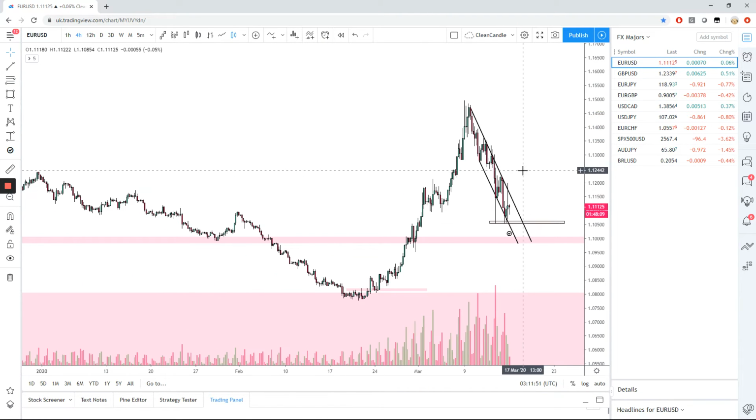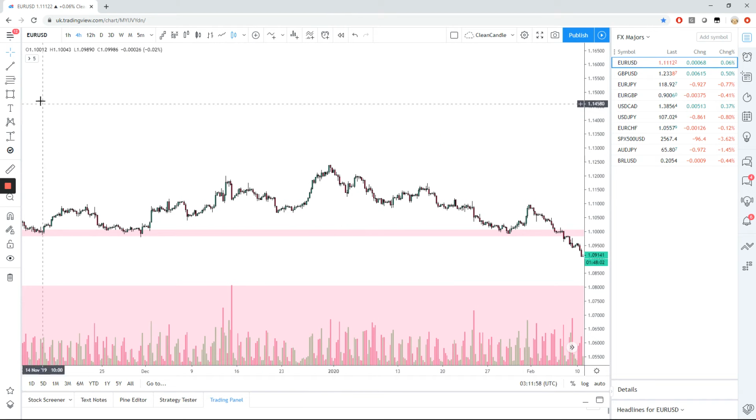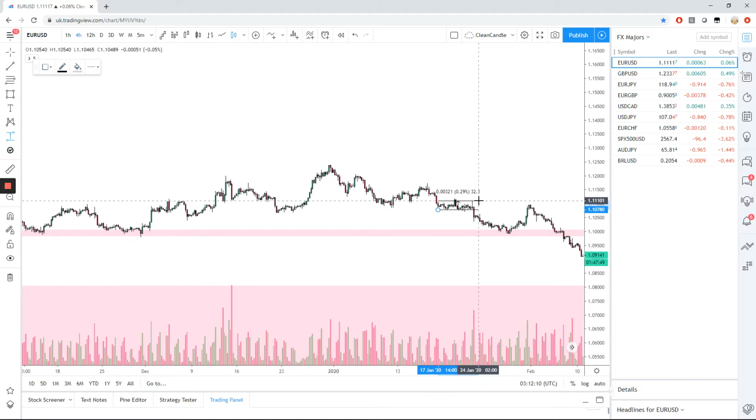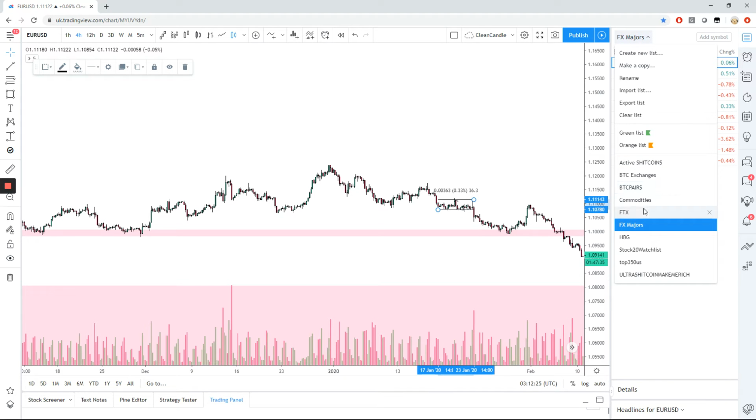What you have to keep in mind with majors is that typically, given that the last 2 weeks are an exception because of what's been happening, the volatility is relatively low. So if we take a look at, for example, from the 29th of, that's a poor period because it's Christmas. So let's take it from here, the 17th of January to the 23rd of January. So a week of trading, we moved a grand total of 0.3% in FX. Right. So in this market, this is a 0.3% range over a week. Okay.